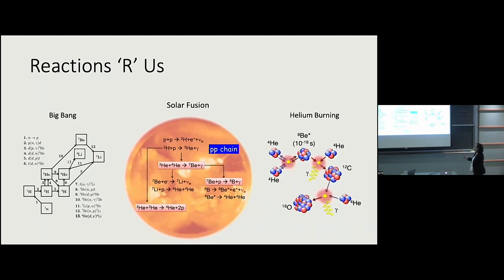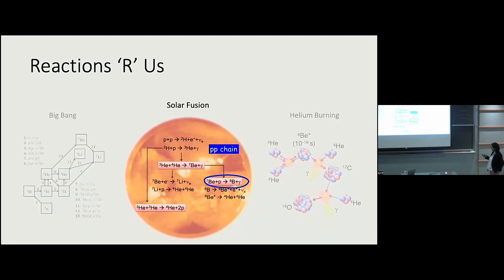From the Big Bang reactions to the reactions that happen in low mass stars like our sun. And then, of course, the reactions that happen in heavier stars like giant and supergiant stars that produce the chemical building blocks of life that are carbon and oxygen. And of course, there are the other reactions that produce the heavy elements that I'm not talking about right now. But today, in the interest of time, I'm focusing on the PP chain reactions, and in particular, I picked